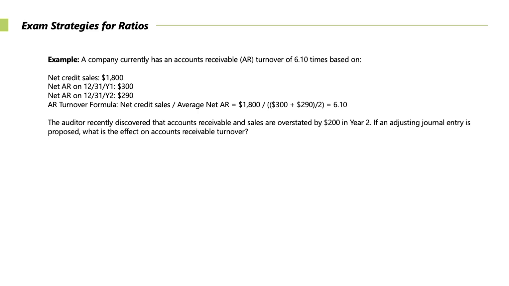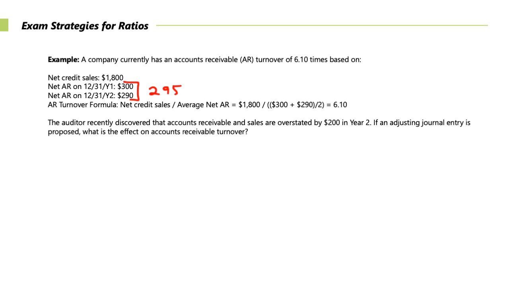So right here we have that. We have receivables beginning and end of the year. In this particular problem, I can measure this. It's 295. That's the average. So our turnover formula would be the actual amount, 1,800, divided by the average, which we now know is 295, and that equals 6.1.